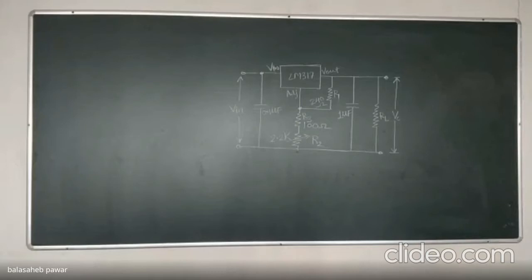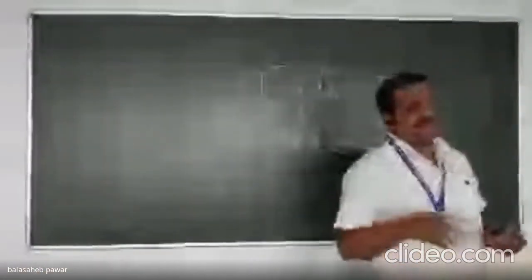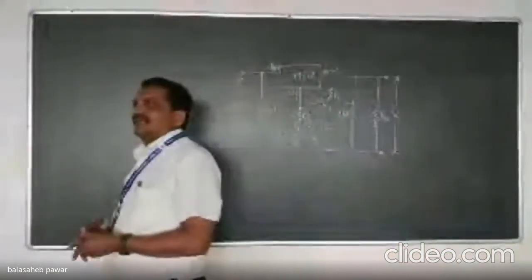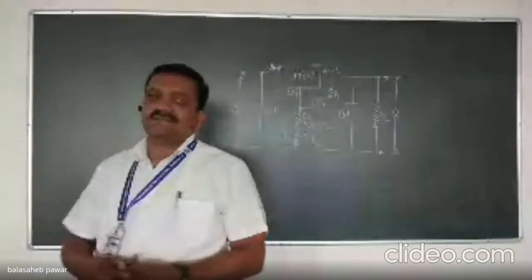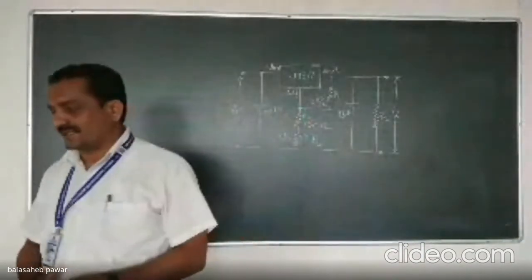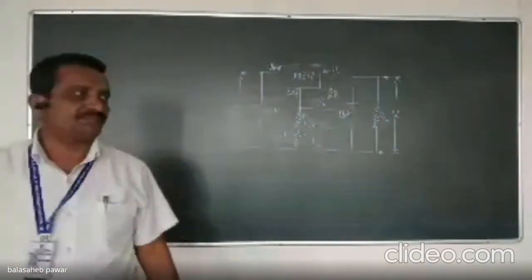So see, the circuit diagram is shown. You just note down the numerical. Such type of numericals can get asked in the theory exam, or if it is objective based, then also you can determine that, or how it is to be calculated, that I will explain. So note down at your end for the regulator circuit.